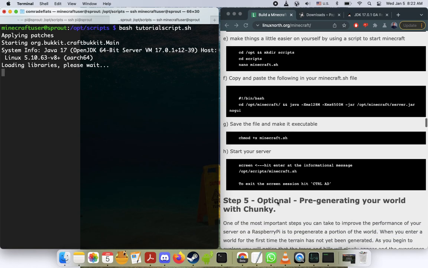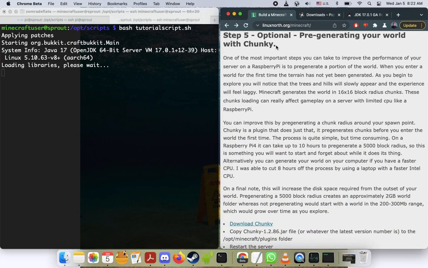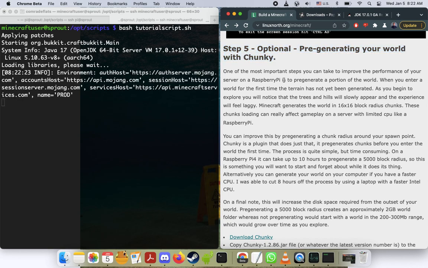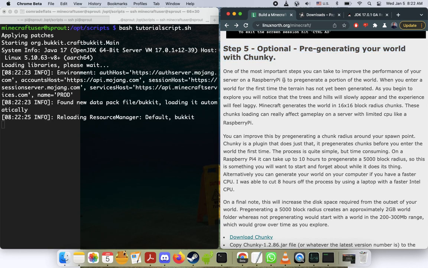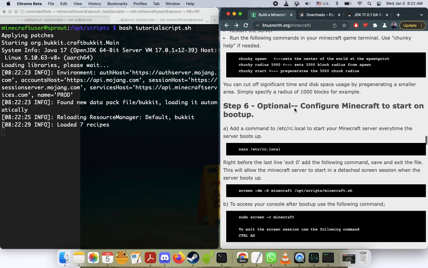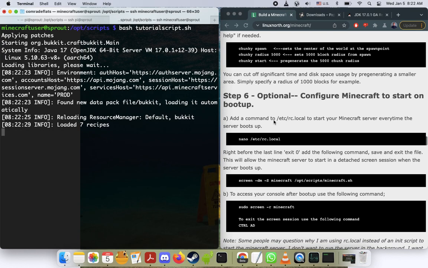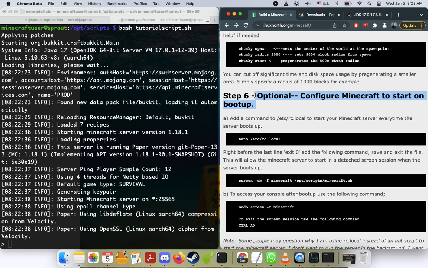Okay, and let's maybe just scroll down here. And right, they also give us options to pre-generate our world. This is actually kind of cool, but we don't need to do this for the purposes of our video. Okay, and you can see that it's doing something here now, which is cool, which means we didn't screw up or anything. Also, in a future video, I will show you how to do,